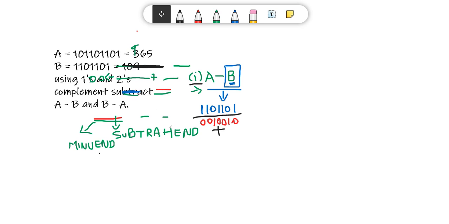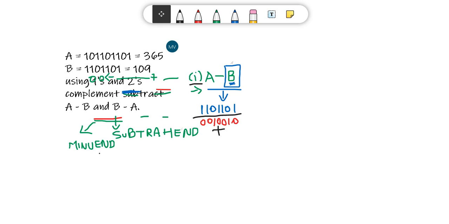The number is 1 0 1 1 0 1 1 0 1, right? And now I'm going to add this to the other one, 0 0 1 0 0 1 0.